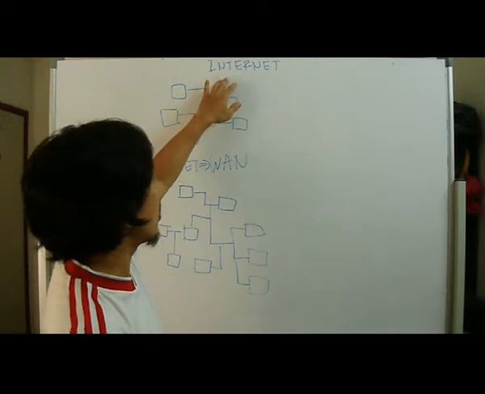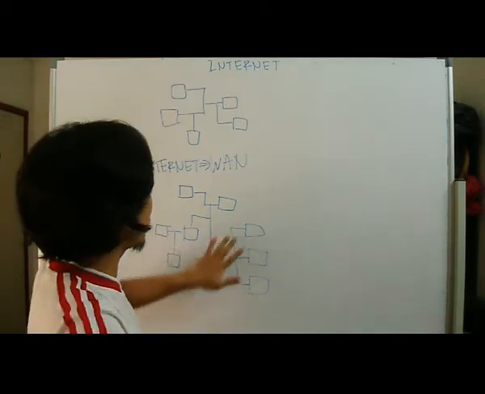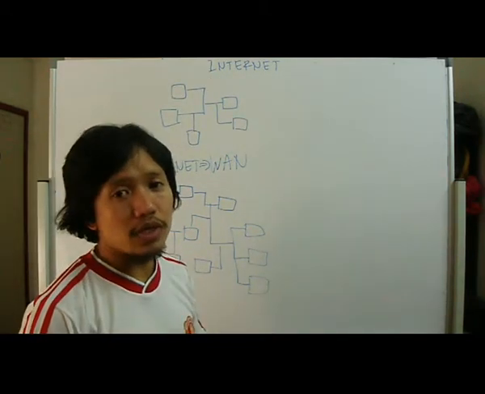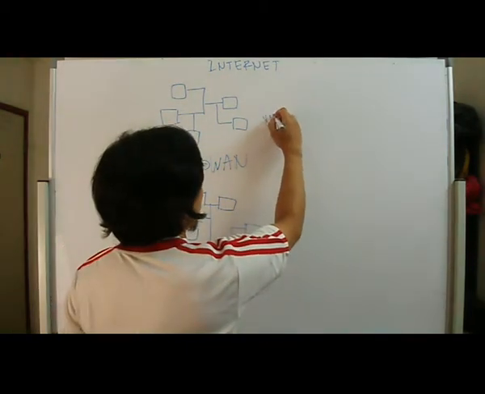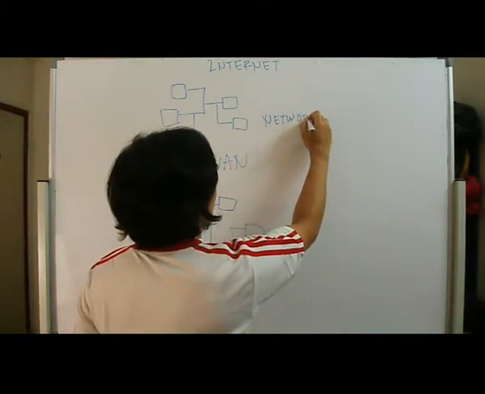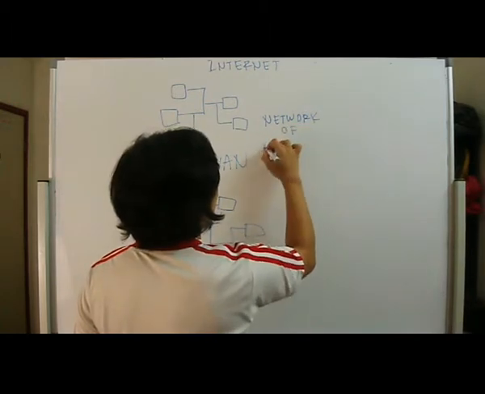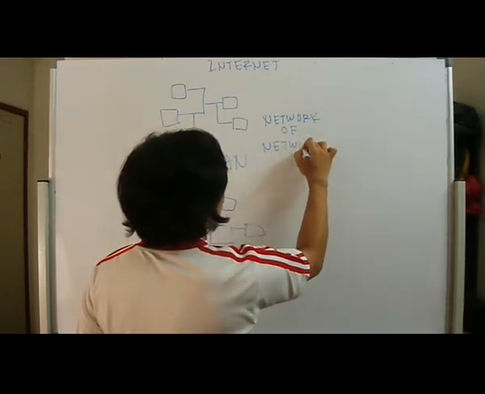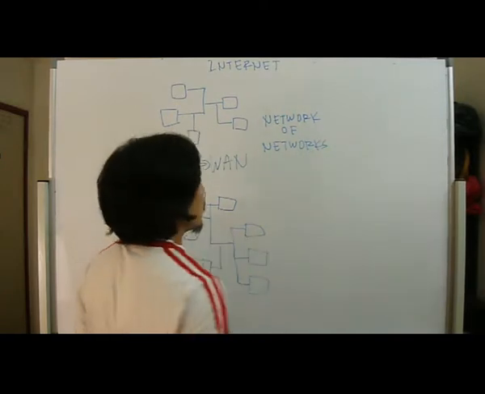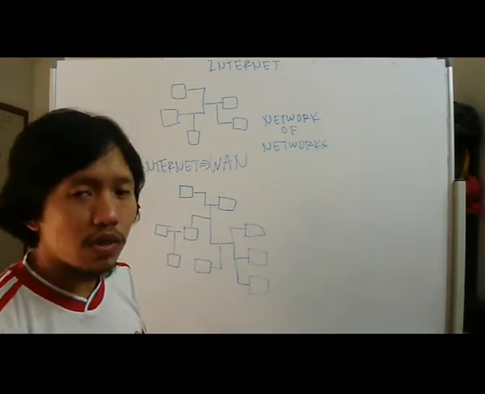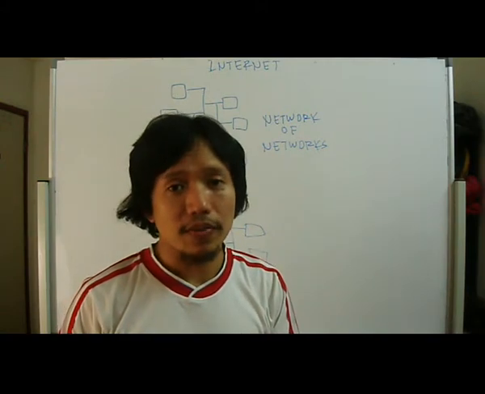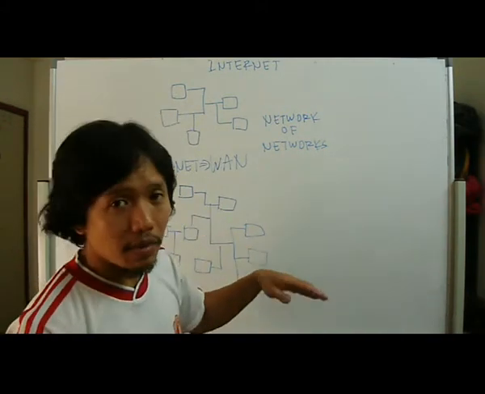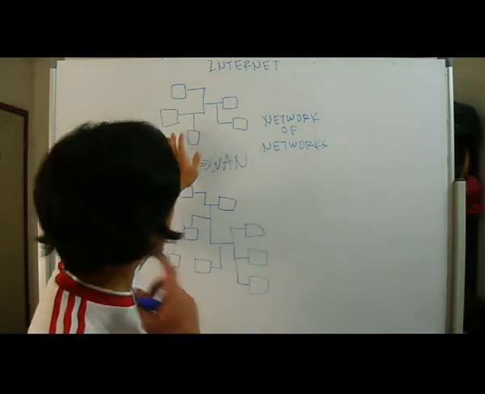So what is the internet? The internet is the physical interconnection of computers and nodes. It is what I call the network of networks, where computers from all over the world are connected with each other. It is the physical infrastructure. The web is a different thing, but we'll talk about the web later. Now we'll talk about the internet.